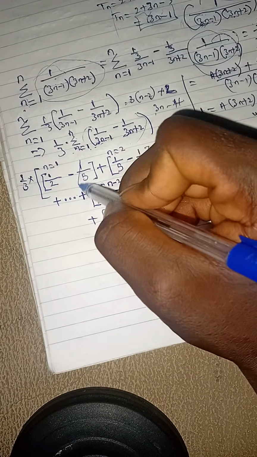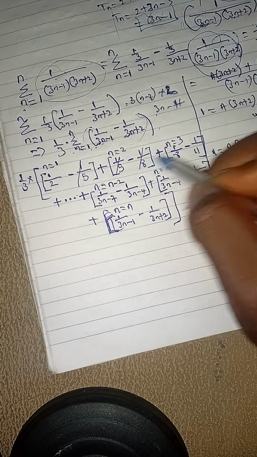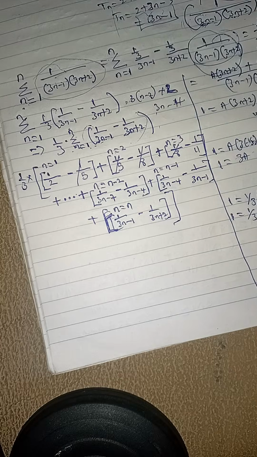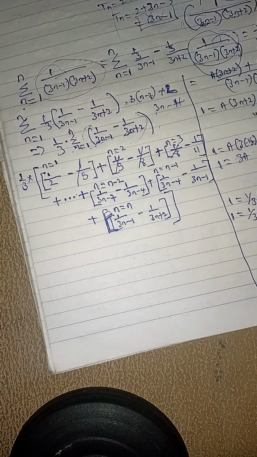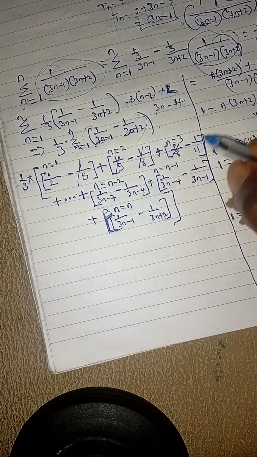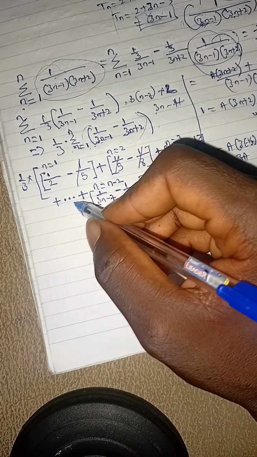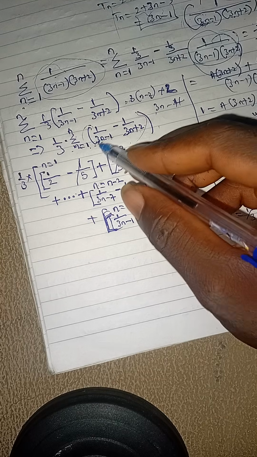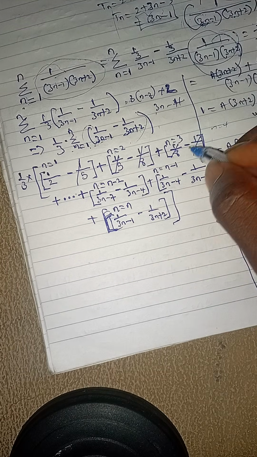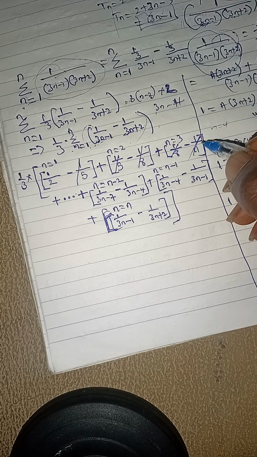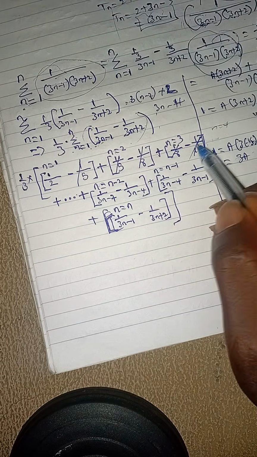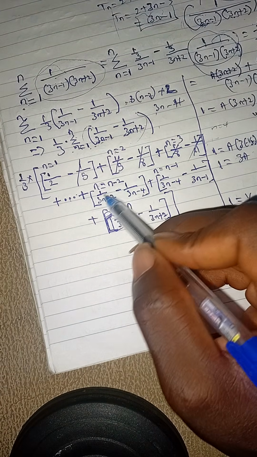So here we can see that this cancels this, minus 1 over 8 cancels this. If I were to write when n equals 4, I will have one particular 1 over 11 that will cancel this. I skip terms, but assuming I let n equal 4, the first thing here will be 1 over 11. Yes, if you put 4 here, 3 times 4, 12 minus 1, 11. That will cut this one out. And that's the term.